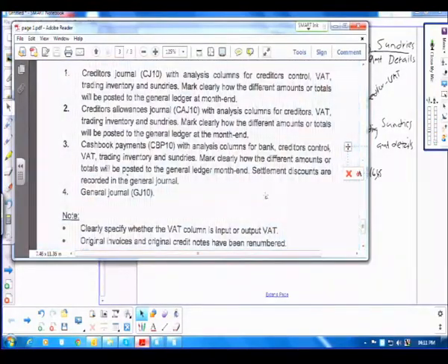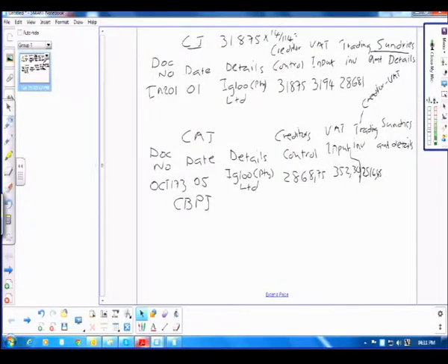So here we go. Here is our cash book payments journal. So we have bank, creditors, VAT, trading inventory, sundries. All right, so here we go. So what we're going to do, we're going to put these columns. Remember, our standard columns remain. We said document number, date, details,